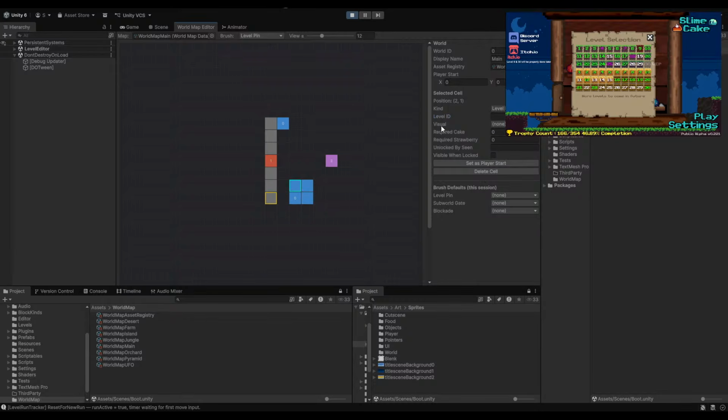This one's ID 1, this one's ID 2, visual 0, ID 3, visual 0, and then we'll do a road going from here to here. Probably something like this. That should work. We'll probably have hazard there. Oh, I should make a move tool. I really want to drag this here to there. That would be nice. But for now, we'll just do that.